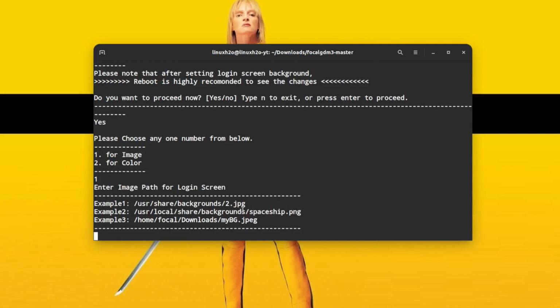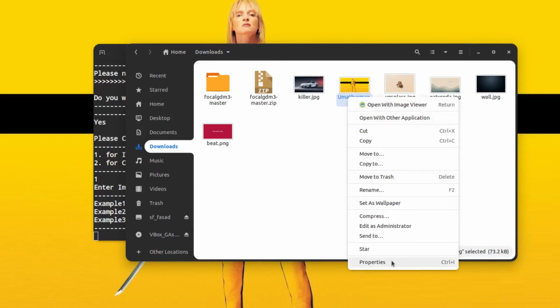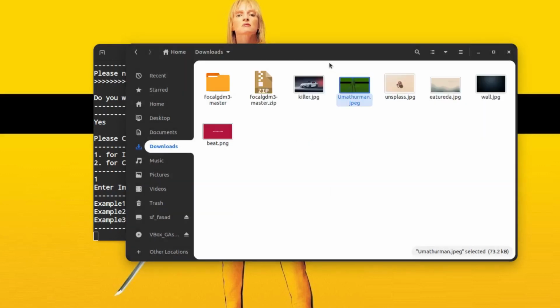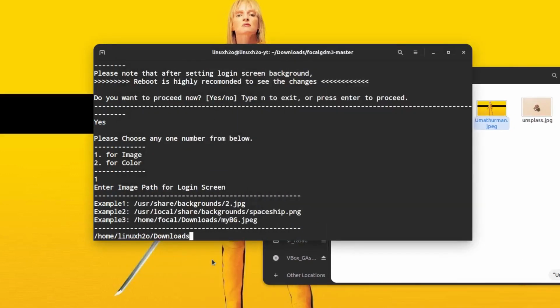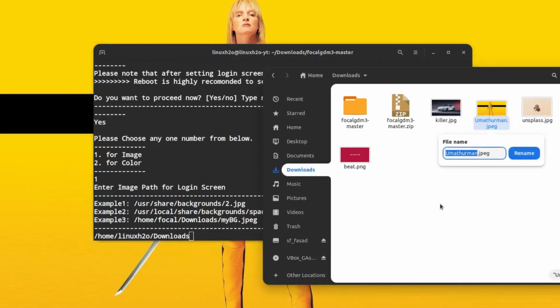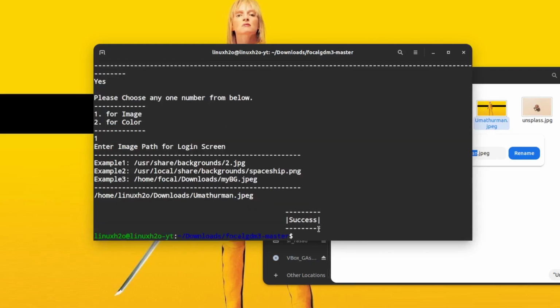Now this is saying you have to specify the name of the image with its path. So we have to check the path of the image. For example, if I go in my downloads folder, I have this image of Uma Thurman, and I can simply go to the properties and I can see this is the path. The home directory, my username, this would be different in your case, the downloads folder, image name. So I'm going to copy the path from here. I'm going to paste the path, and I'm also going to copy the name of the file, that is Uma Thurman. You can also type here directly .jpeg. Do not make any mistake, hit enter, and this should print a success message over here.